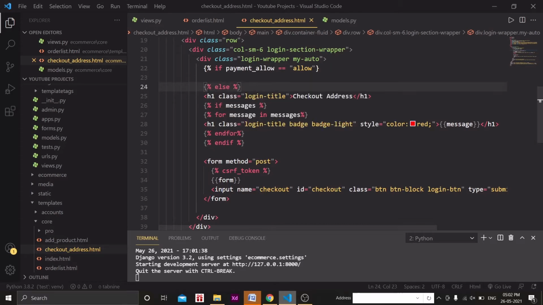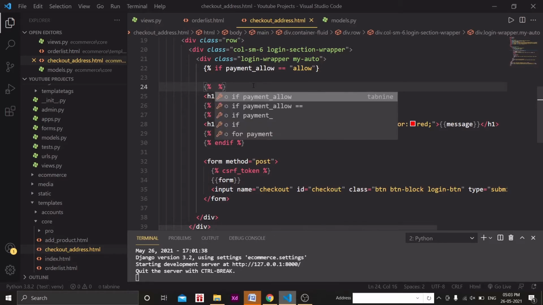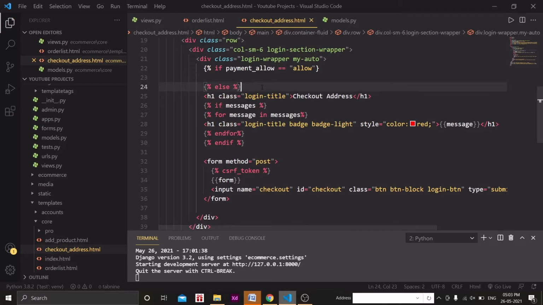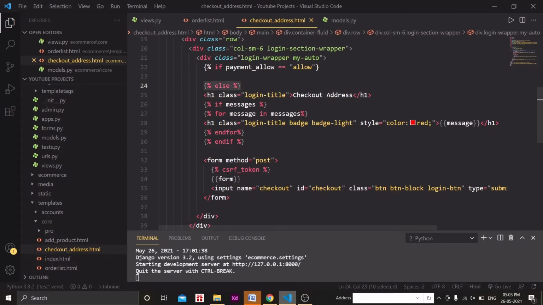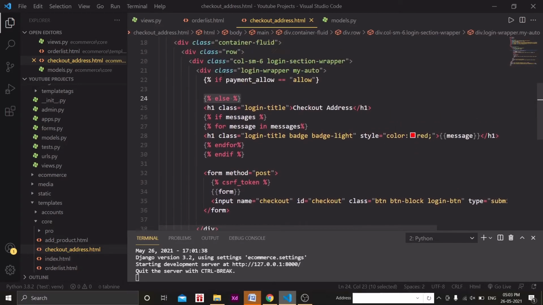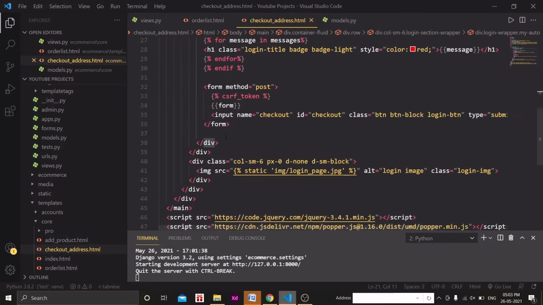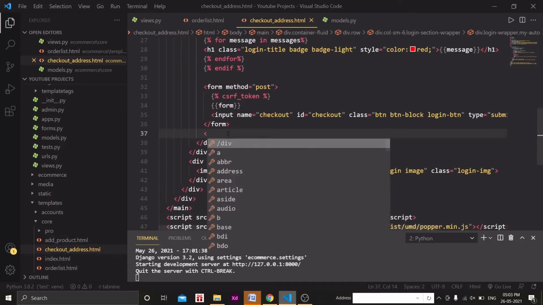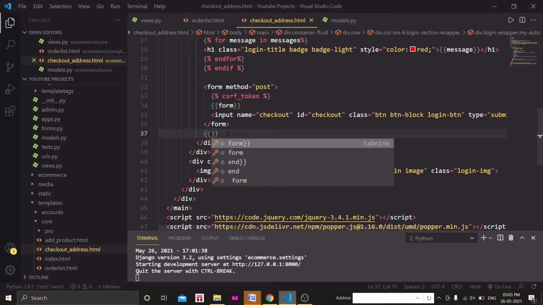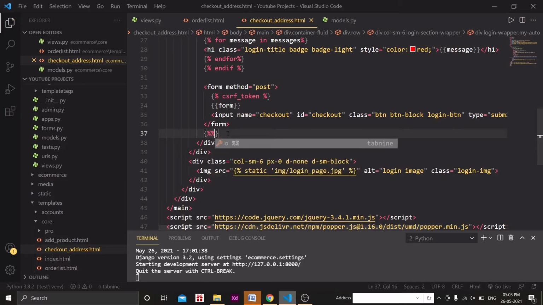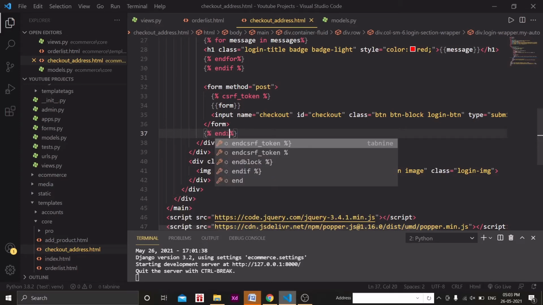So else, if payment allow is not equal to allow, then we will simply in the else block pass this form, which is basically the form of address, and we will end our if here in the div section. So above this, below the form tag, right? So here what we can say, end if, right?